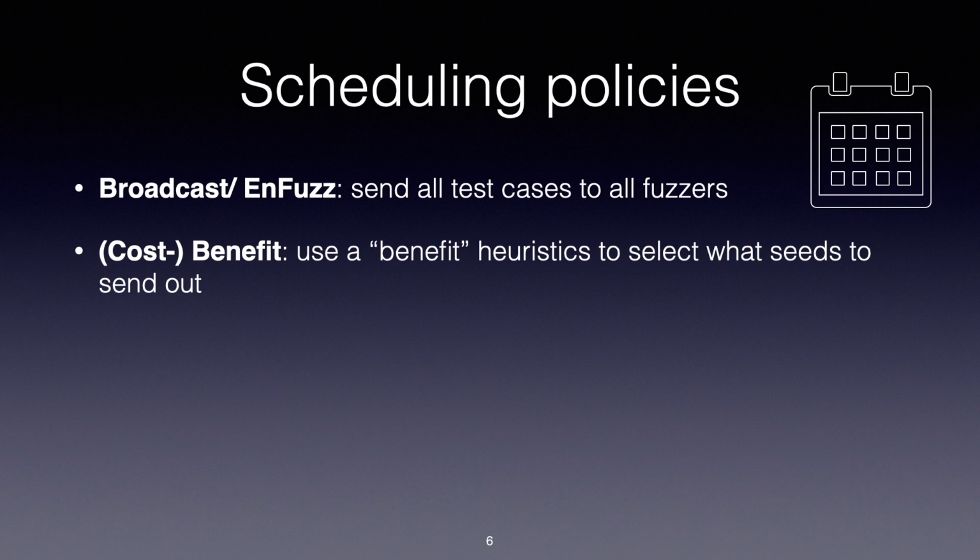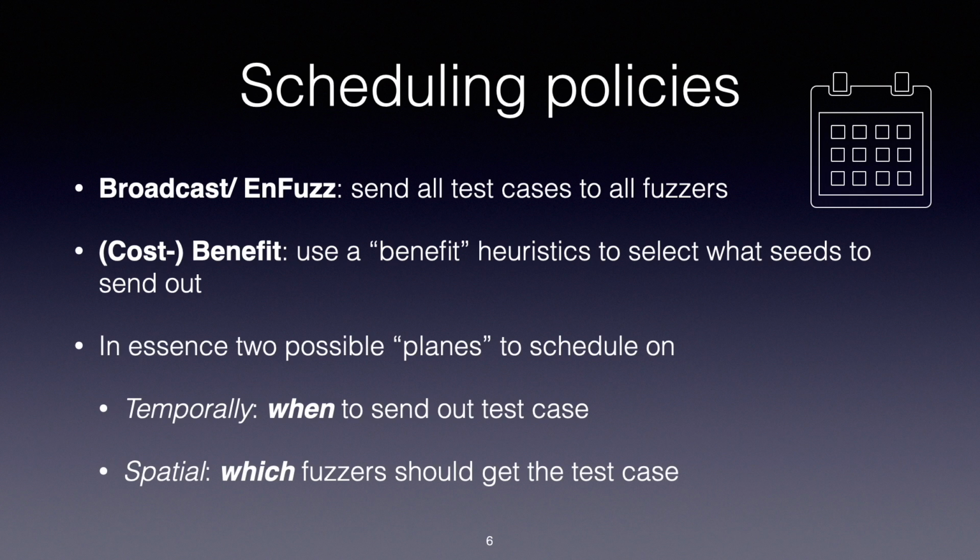So one thing to highlight is the cost-benefit scheduler that we have, which simply keeps a priority queue of the seeds that it should hand out to the fuzzers. And this one is sorted by some heuristic. If you want more detail on these heuristics, have a look at the paper. But in essence, in such a scheduling setting, what you can do is schedule